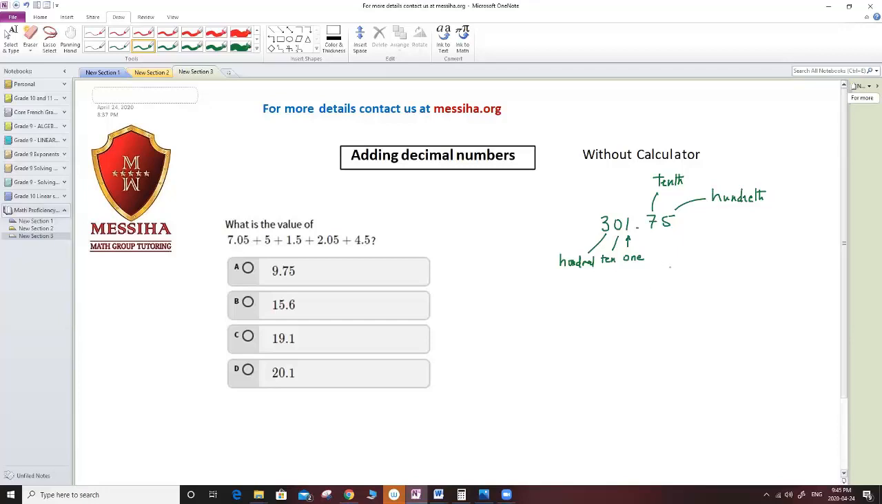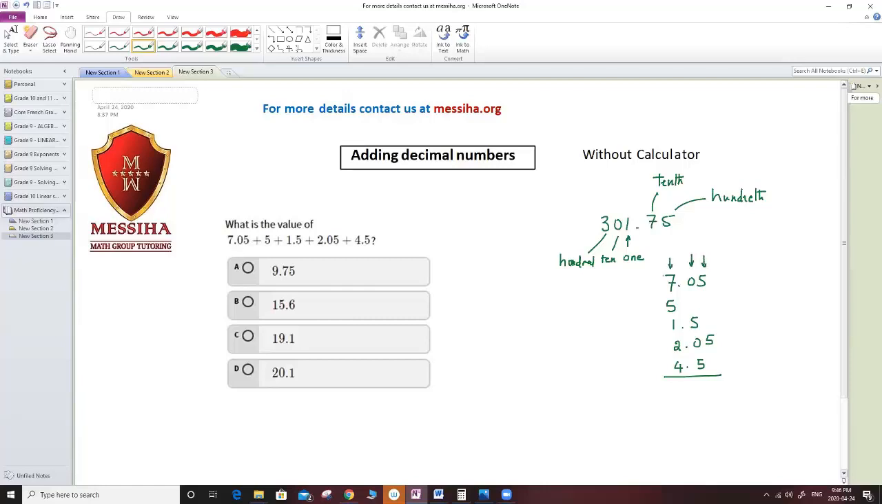So in this case, if I have 7.05, the other number is 5. So this is before the decimal. 1.5, so that means 1.5. 205, that means 2.05. And 4.5, 4.5. So when I add, I know that I have the position of the tenths, the position of the hundredths,